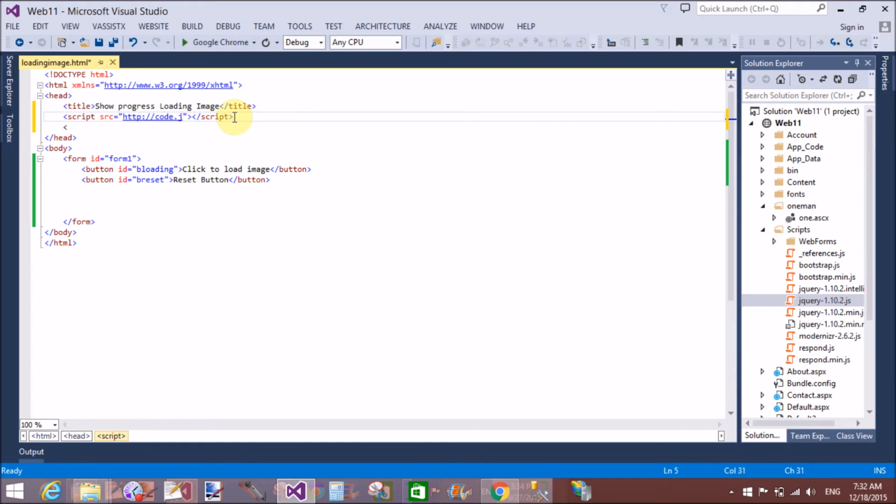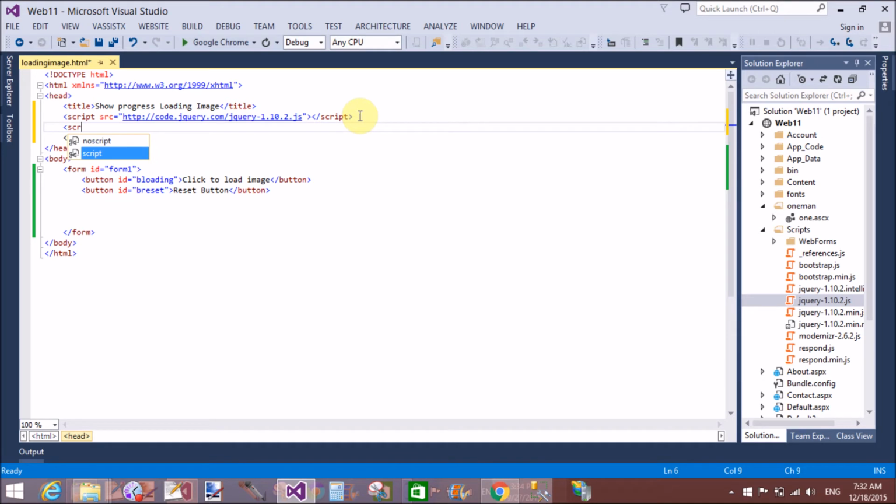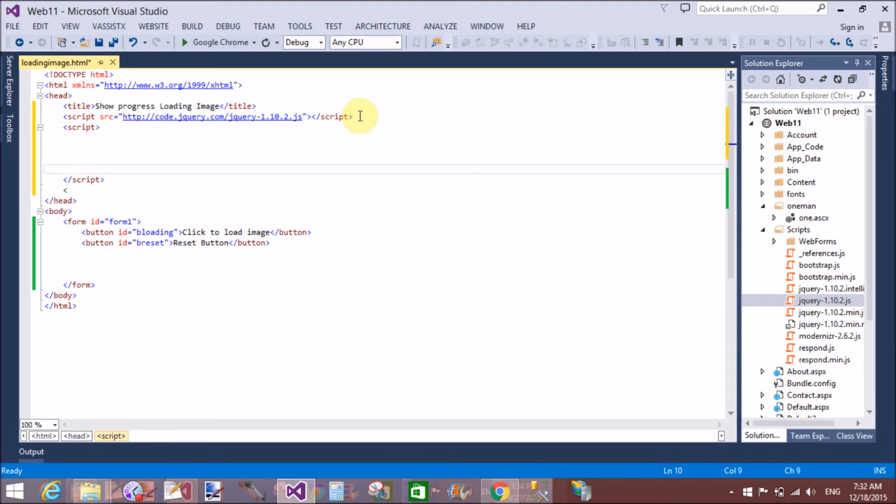So http://code.jquery.com jQuery 1.10.2.js file. Okay, that's fine. Run the script. First of all get the button ID by using its ID property, that is bloading. So in the function